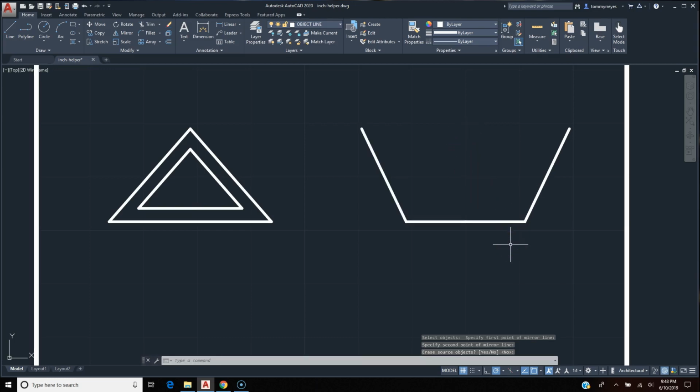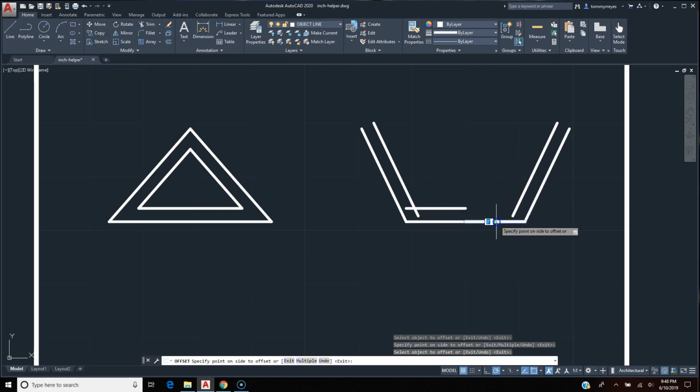So now I'm going to do exactly what I did here, is offset, and specify 0.25 inches, spacebar, and go back at it. There we go. Done with that. So trim. I'm going to go ahead and trim this, trim that, and that. Now I'm going to create a line